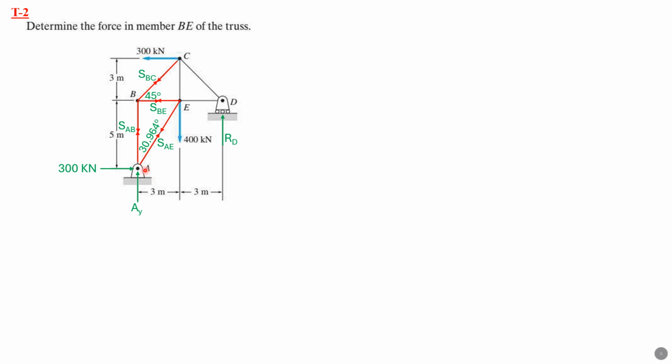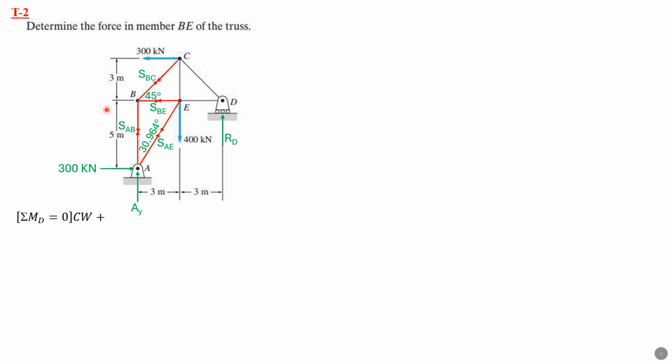Beginning at A, whole system first, we sum up moments about D. This is 300, obviously, AX, because we have 300 at C load to the left, so that's 300. Summation of moments about D equals 0 to solve for AY, and we consider clockwise as positive. So we have AY times 6 equals, so we have a counterclockwise moment, 300, and this 300 here constitutes a couple, so therefore